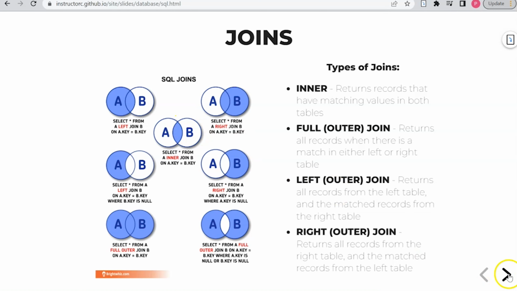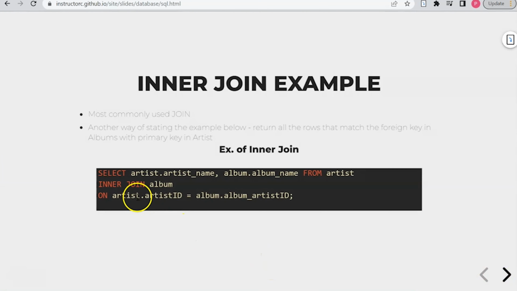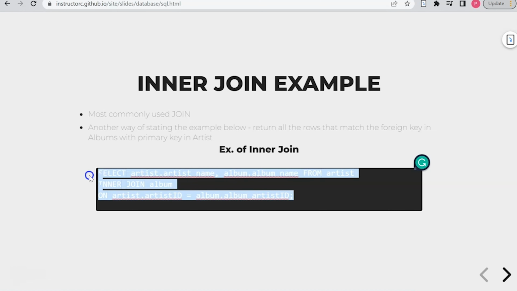So if you look at the next slide here, you'll see here's my query. So I select not all of the columns, but I select only the artist name from the artist table and the album name from the album table from artists. And then I want to join the album table on where the artist ID is equal to the album's foreign key. So essentially where the primary key of the artist table is equal to the foreign key of the album table. And so if we run this query here,